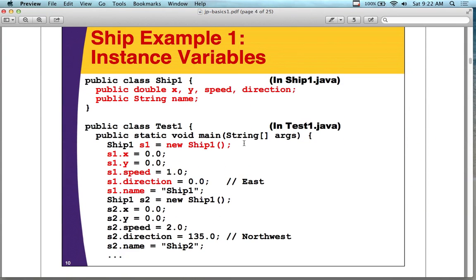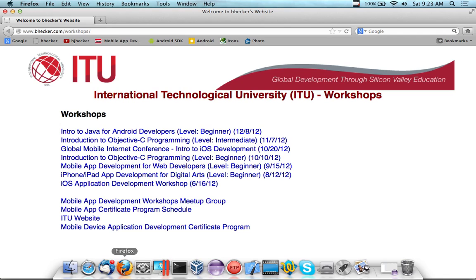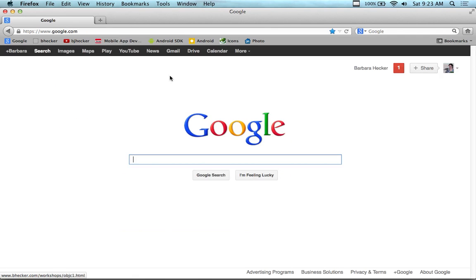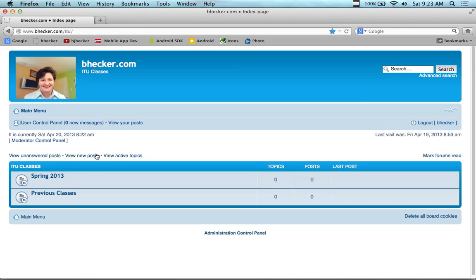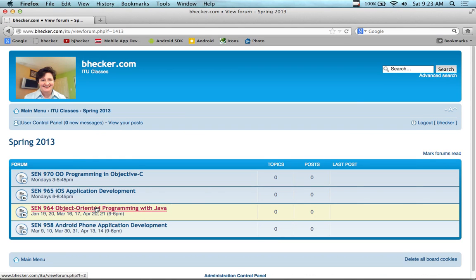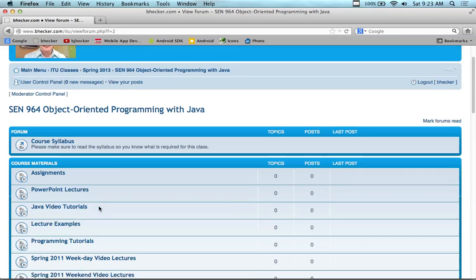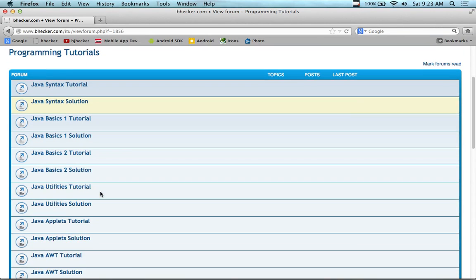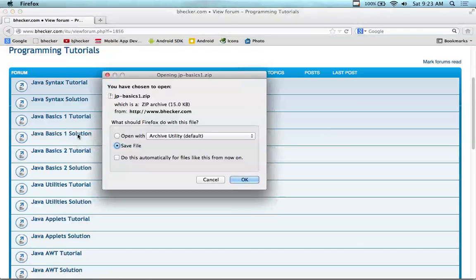And then we have some examples here. We have a ship example where we have instance variables, and here's ship1.java and test1.java. And then you're going to ask, where are these from? Well, if we go back out to that website and take a look, I probably should have bookmarked it. I'll do this for the first couple of examples, and then we'll just assume everything is located in the same place in these programming tutorials. If you download this file here,